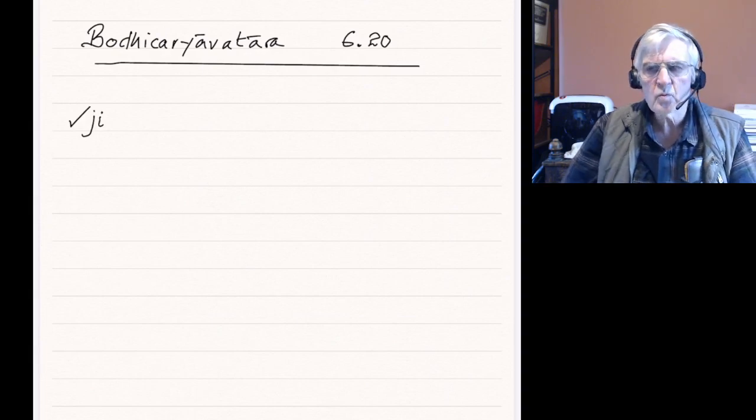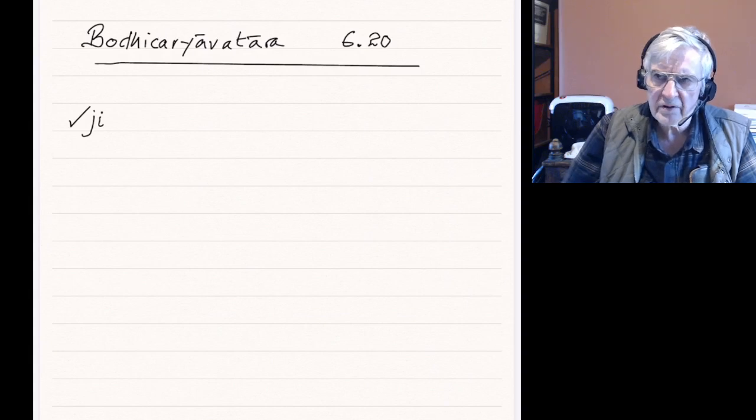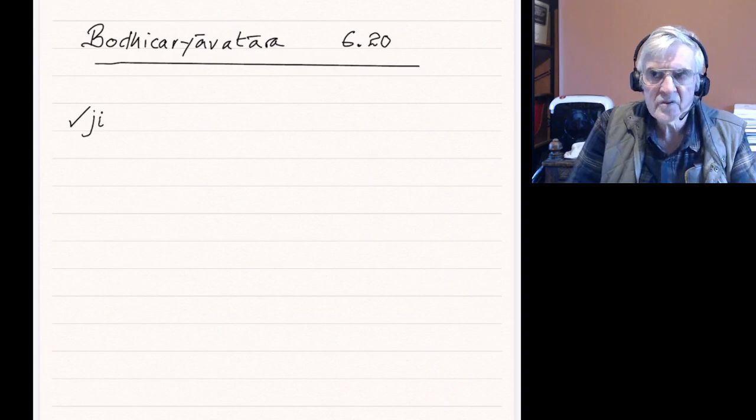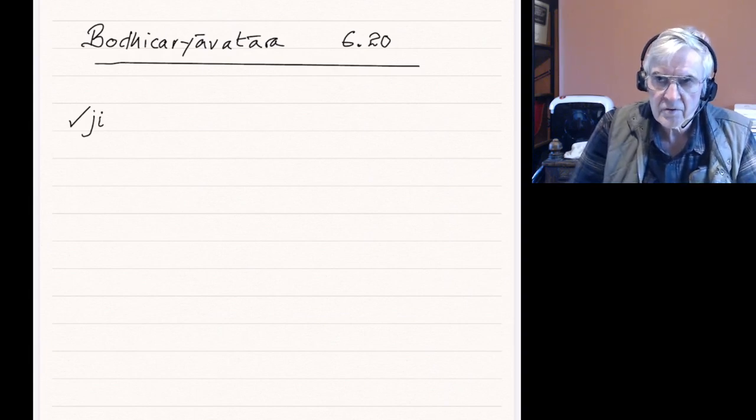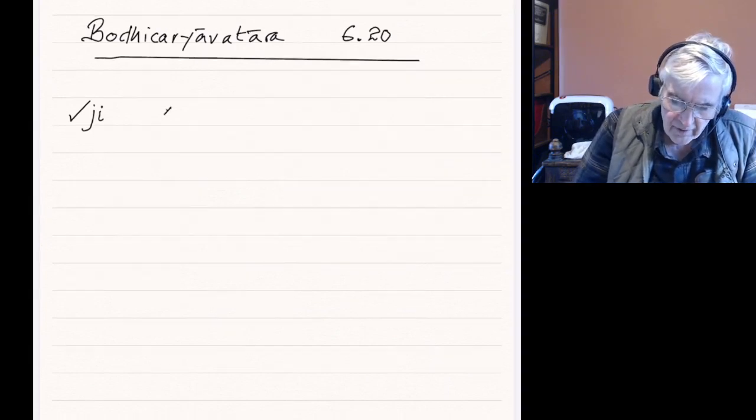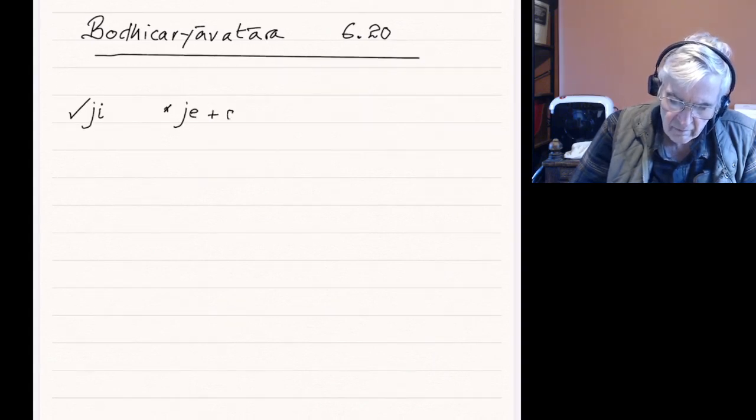It's a class 1 regular verb, parasmaipada. So what happens? The short i becomes lengthened to e by guna, that's regular. So we have, it gives us this form je plus the ending